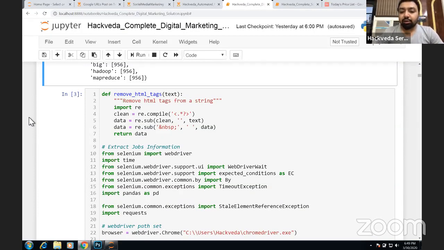In the next session, we'll continue with the data warehousing solution, wherein we are going to extract information in an automated format from different sources like different websites. Then we are going to collect the information. We are going to transform the information with respect to whatever information we need to use for the relevant keywords which we have extracted. And finally, we are going to design web pages, images. We are going to integrate social search engine marketing or search engine optimization into these web pages. Then we are going to upload the pages on our website. We're going to link it with our website, and then we are going to send the information of those pages